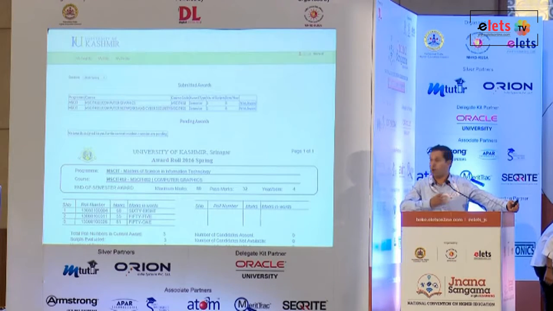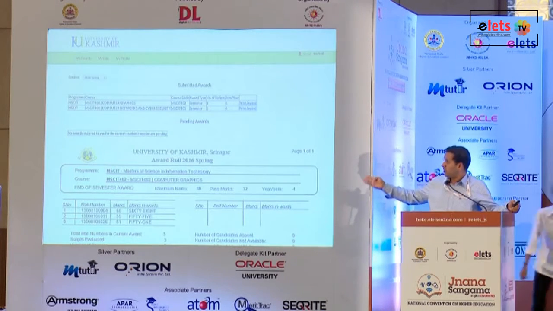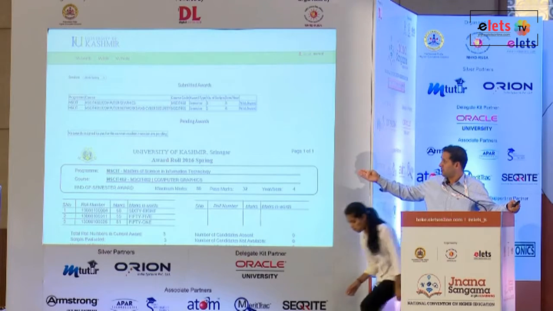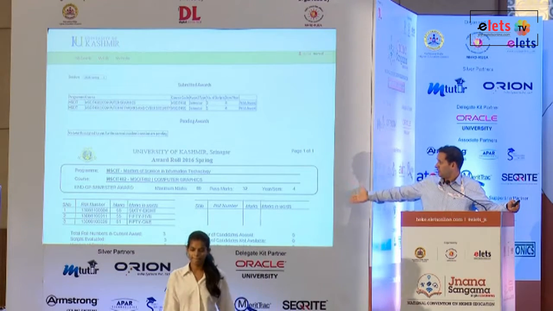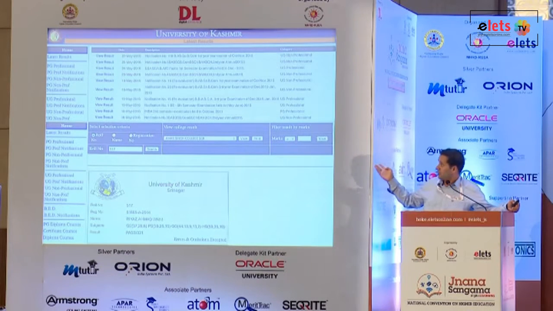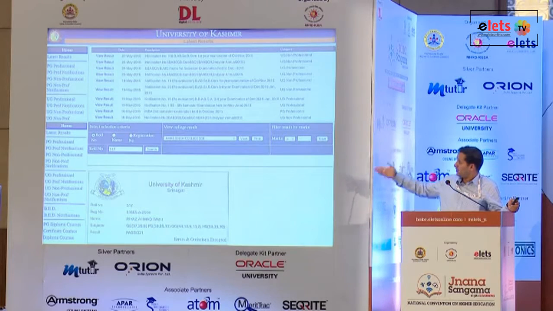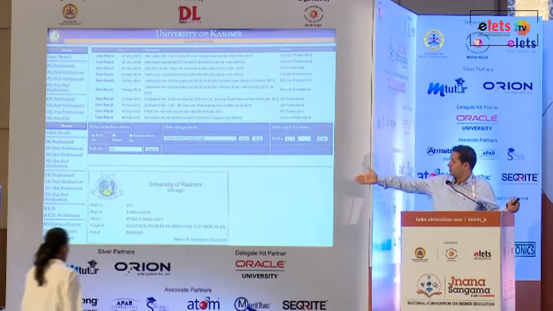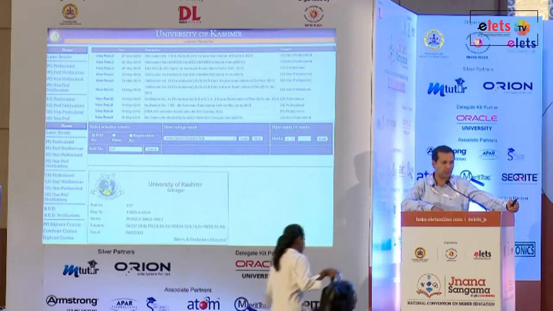Then this is about award. This is an e-award system where the student can print the award. Once they are submitted, they can see what they have submitted as well. Then we have results. Results, as you see, the detailed result notification-wise, comes from the university. Then there's a provisional transcript as well.